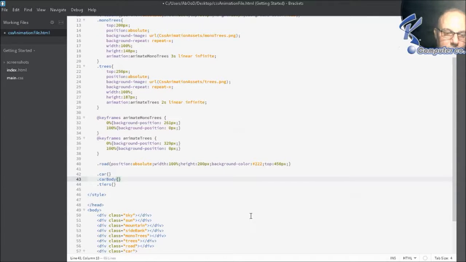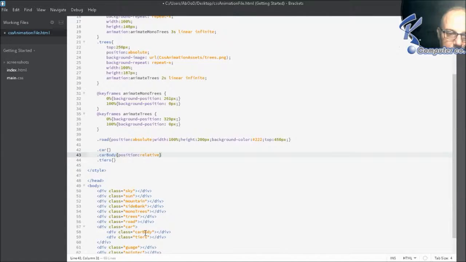So let's use the position relative. Why am I using position relative? Because I'm putting the car body and tire inside the car div. As you see here, it's included in the car div, so I can use relative instead of absolute. So relative, and for the car body I will use background color, background image also, and URL,